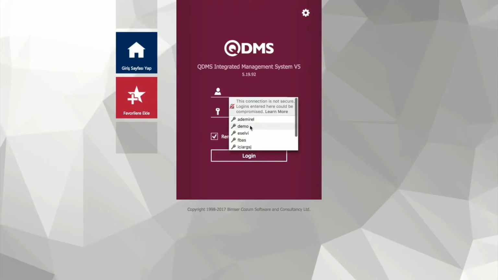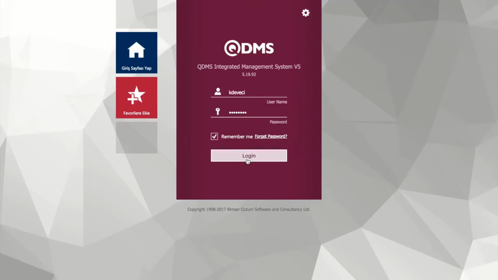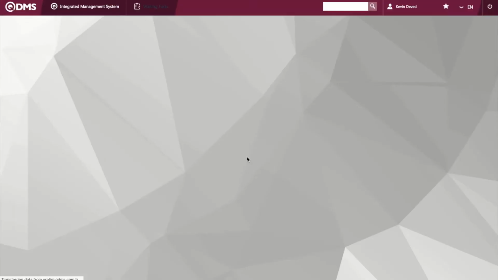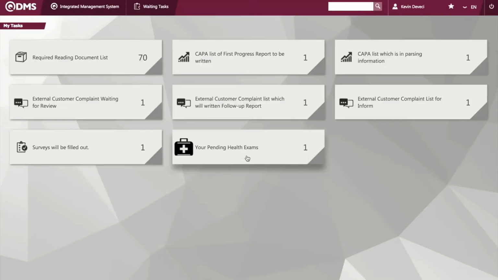I will log into the demo environment with a username and password that belong to a regular end user. On QDMS, we differentiate between two types of users, end users and administrators. The former group has access to the main menu, which is the Integrated Management System tab that you see on the top left of the screen, and the latter group has access to the main menu and also the configuration